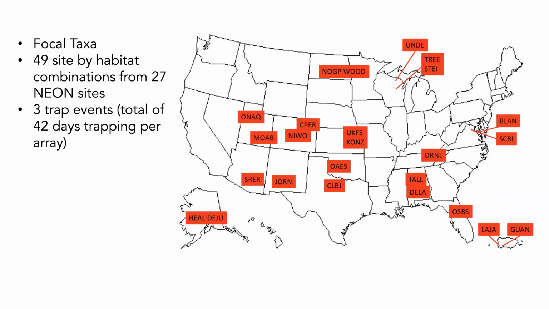Now, you'll notice that we don't have much on the West Coast. It's just a little odd thing about NEON. In the rollout, the last places that they started were on the West Coast. And so we just recently got another loan from NEON. We got about 3,000 more 50 mil vials piled up in my office here. It includes several trap years from Washington State and California, and we're able to more completely cover the continental US with samples. For some of these sites, we now have 5 trap years in hand for a single array.